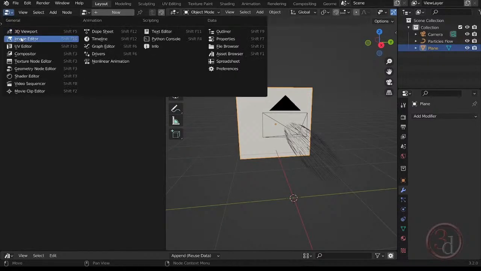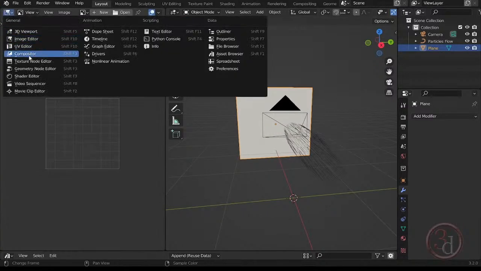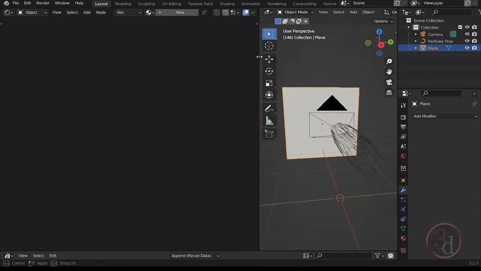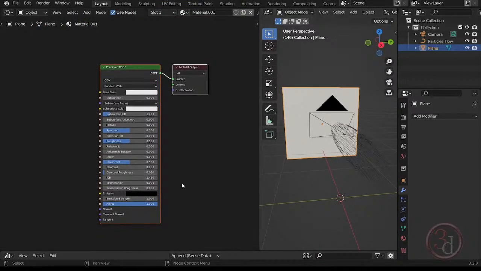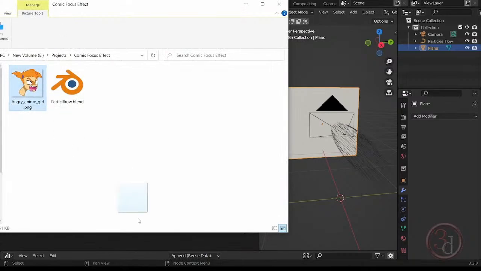So let's change this to the image. Sorry, shader. Okay, so we will give this a new shader. Click new, and I will import the image. Click and drag,